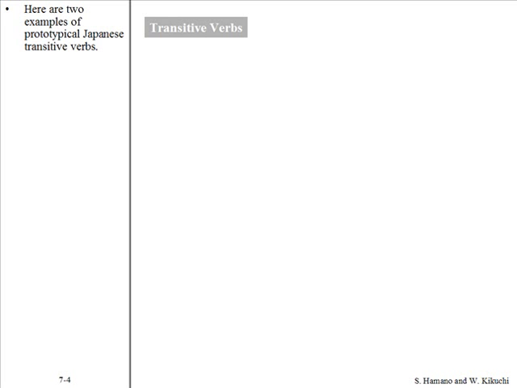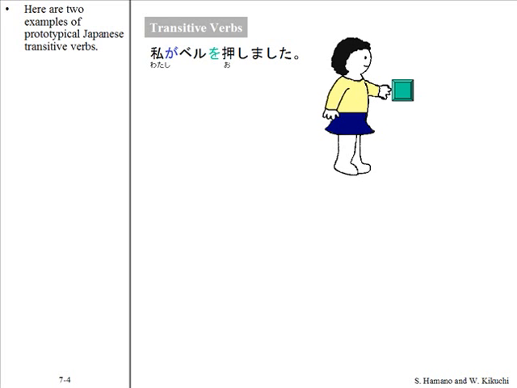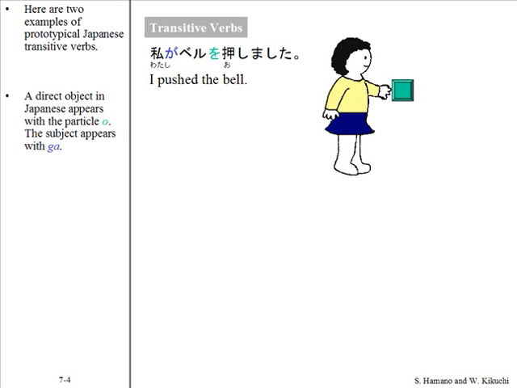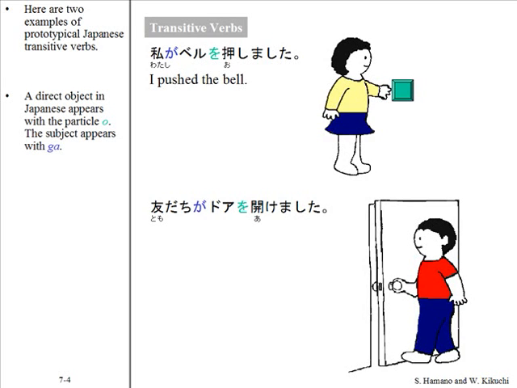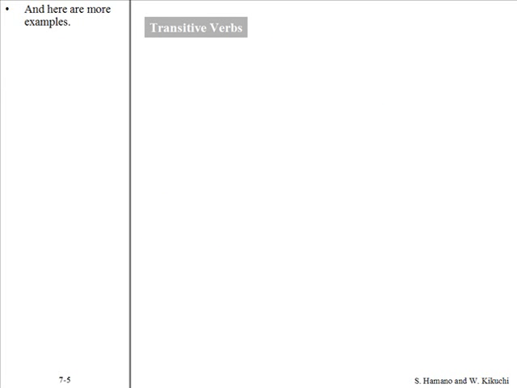Here are two examples of prototypical Japanese transitive verbs. 私がベルを押しました。A direct object in Japanese appears with the particle o. The subject appears with ga. 友達がドアを開けました。